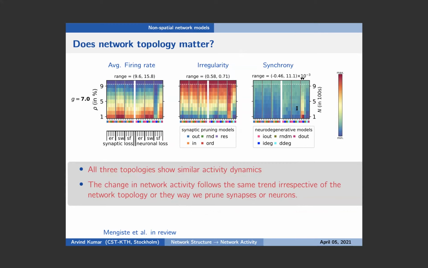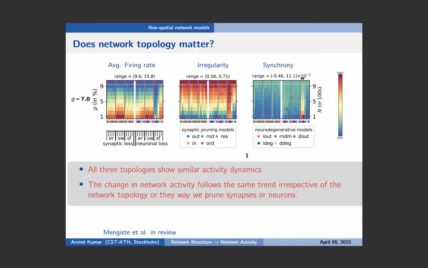There are pretty much only two exceptions that we noticed. One is in the synchrony in scale-free models where we are removing neurons, and the exceptions appear when we are removing neurons based on their out degree or in degree. And obviously, this is a very special perturbation because we don't really destroy the network in this case, so they can increase synchronization given that inhibition has been released from the network.